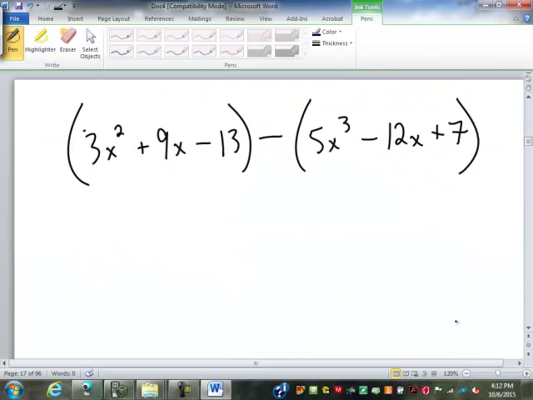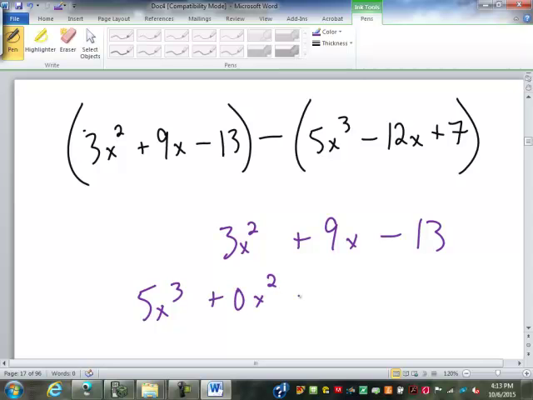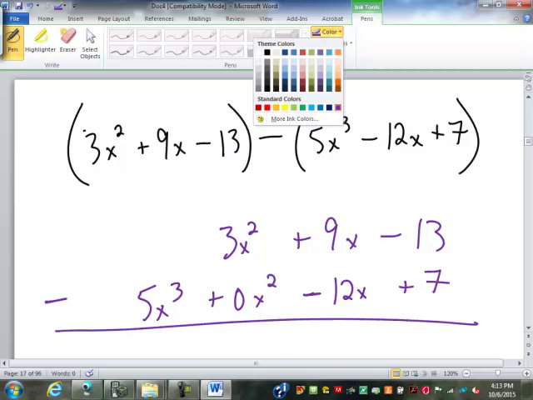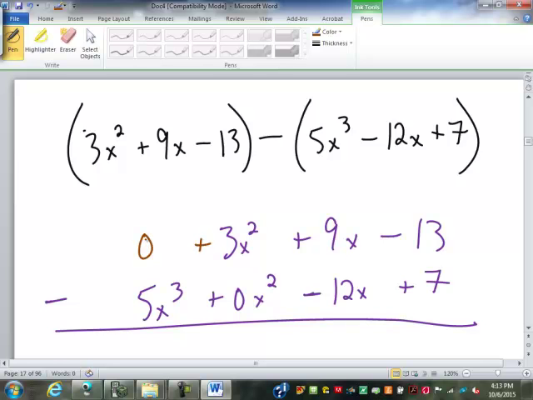How would this change? I'm going to have you mull that over for just a second. You don't have the x cubed or x squared. So the first number is just 3x squared plus 9x minus 13. When we go to do the second number, the 5x to the third is going to go over here. There is no x squared, so I'm going to put in a 0x squared minus the 12x and the positive 7. And we're subtracting. So now I have to come back and put in a 0x to the third up